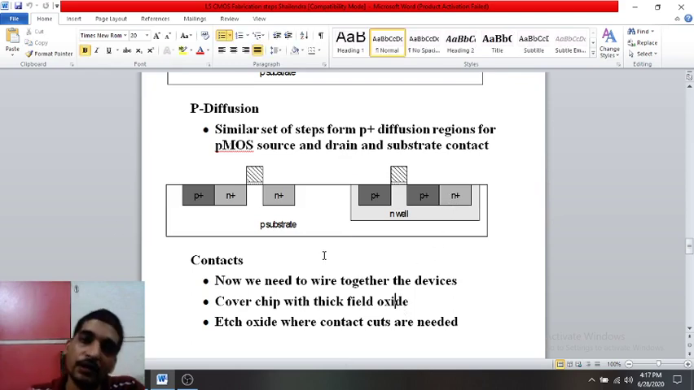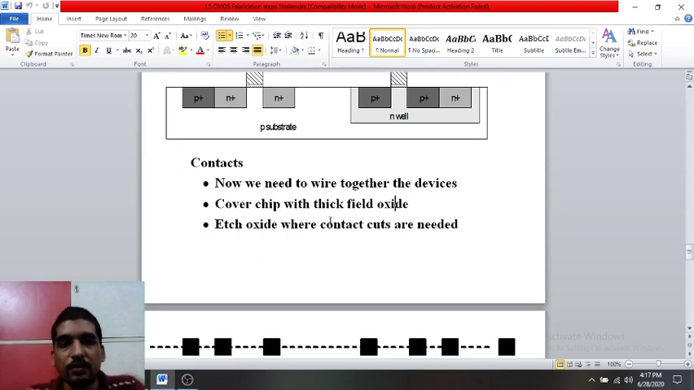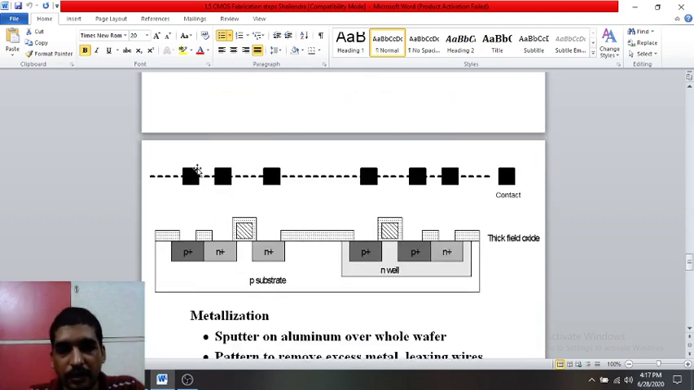That means we will first cover it and then we will pattern it. Wherever we need a contact cut, there we will etch away the material. Now we need to wire it together to the device. We will cover the chip with thick field oxide, with the oxide etched where contact cuts are needed. Again we are covering in that manner, and then finally we get the contact cut, and then we will pour